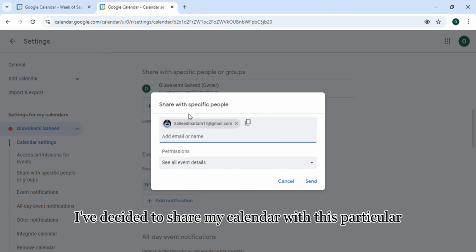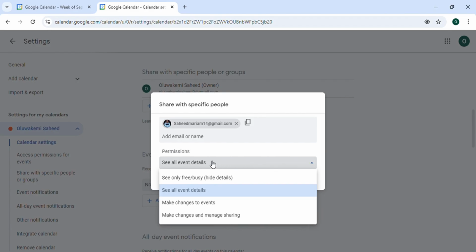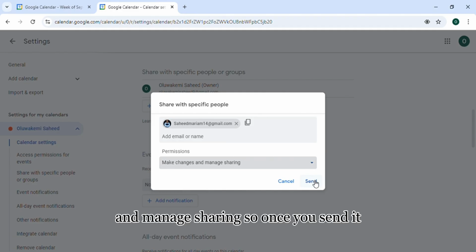So I've decided to share my calendar with this particular email. Then this is permission. You can give permission to maybe make changes to events, or just see all event details, or make changes and manage sharing. So your client will have to give you access to make changes and manage sharing. So once you send it,